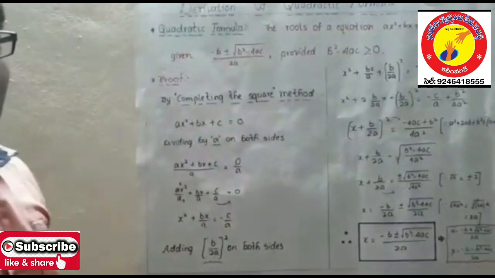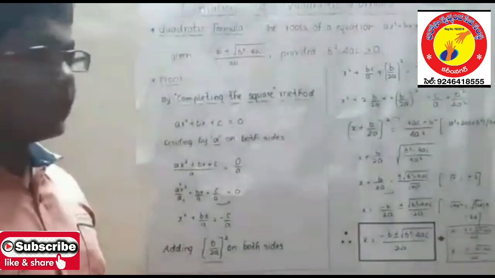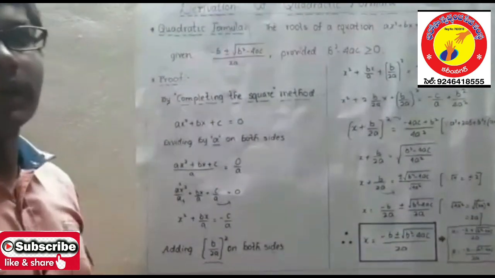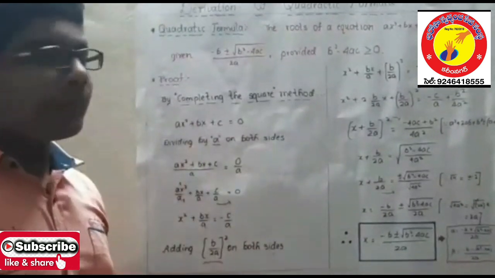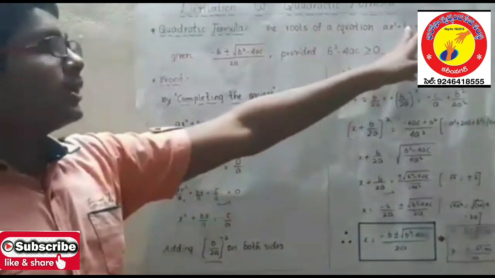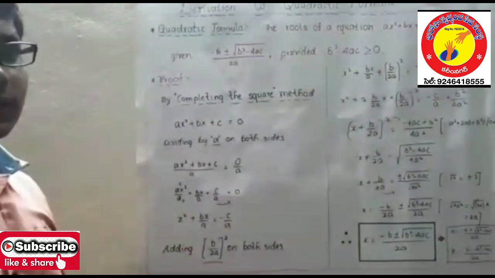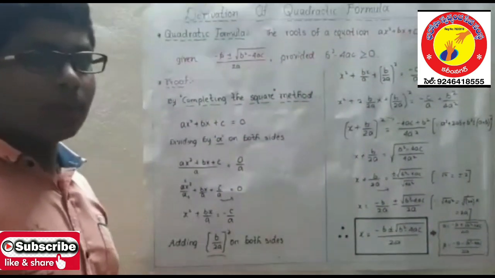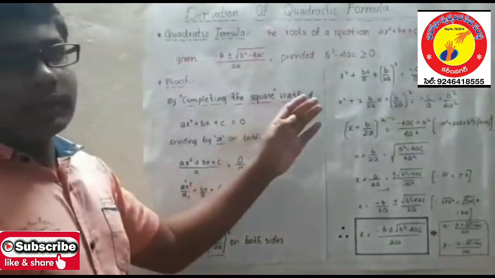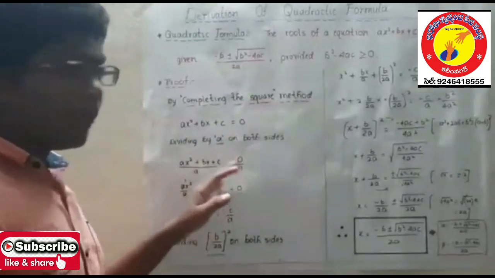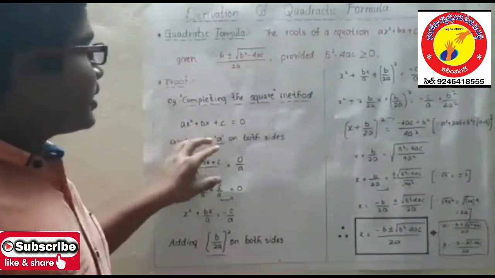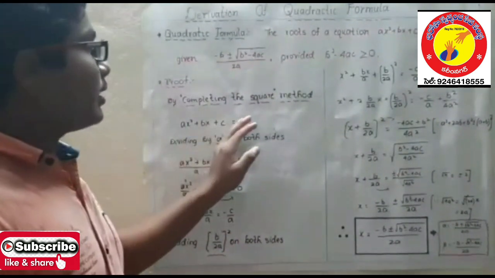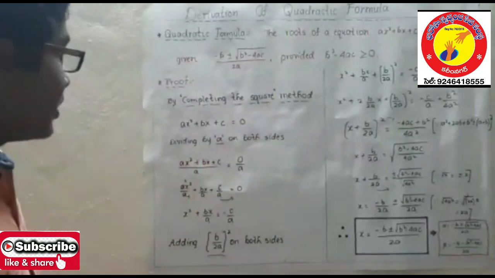For a quadratic equation, we can solve it in three ways. One is the factorization method, another is the geometrical method, and the third is the completing the square method. In the factorization method, we just split the middle term, take the common factors and solve. In the geometric method, we take squares and rectangles and solve. But in the completing the square method, we make this as a plus b whole square, complete the square and find the answer.